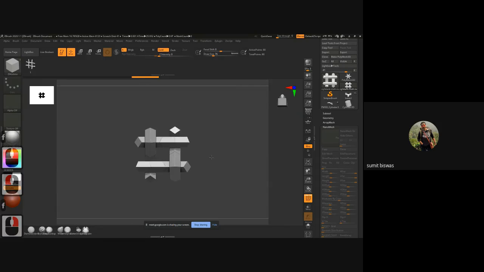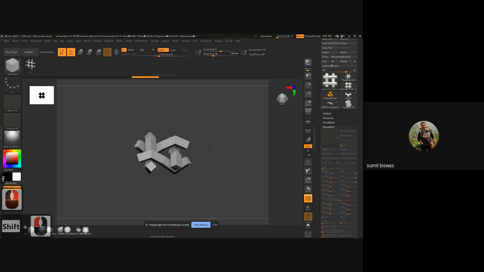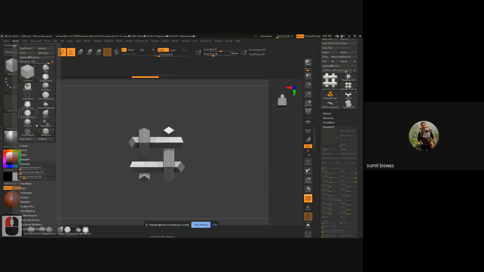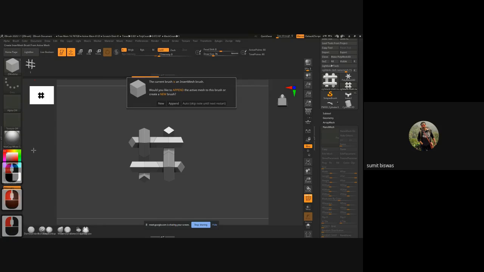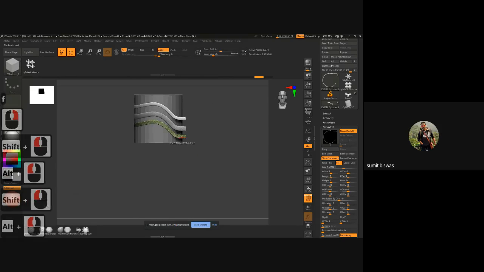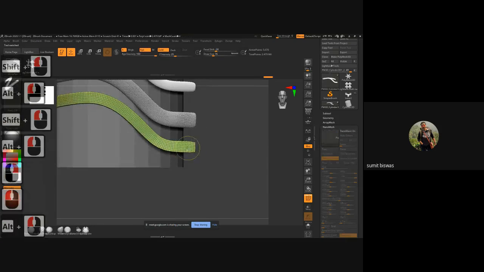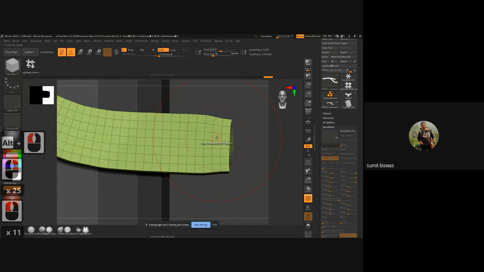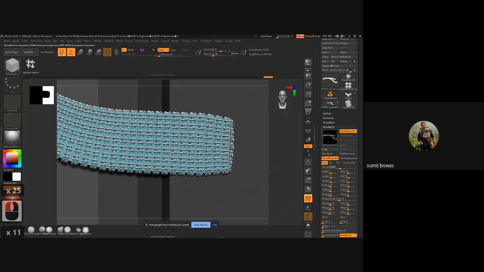So you can see exactly the same thing, but this aligns perfectly. What I have created doesn't tile perfectly, but this one tiles perfectly. So what I'll do, go to brush, create, insert mesh, new brush, nano mesh. Same thing, go back to that surface, switch off nano mesh, all polygons, create that surface,